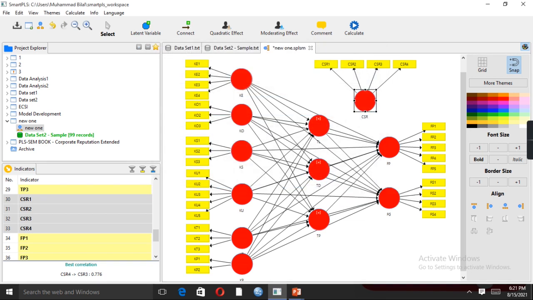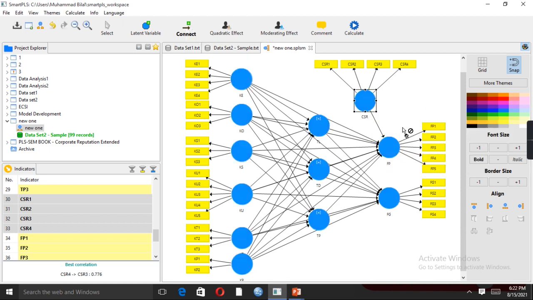So the next step is to link and see the impact of the moderator variable between the variables. For example, if I want to check the moderating effect of CSR between team learning and firm performance, just click the moderator variable towards our dependent variable.